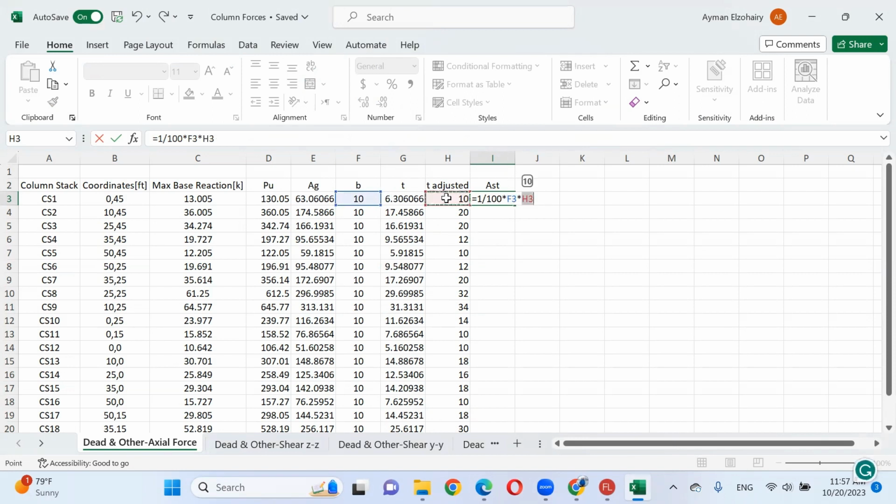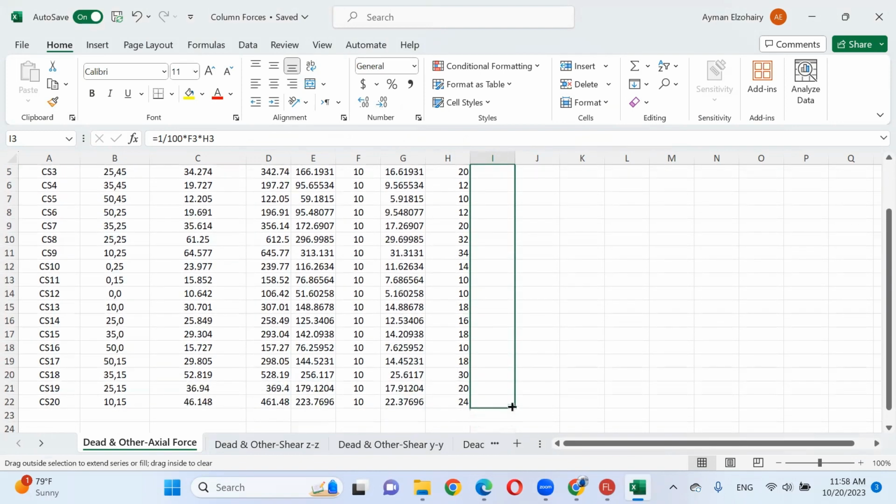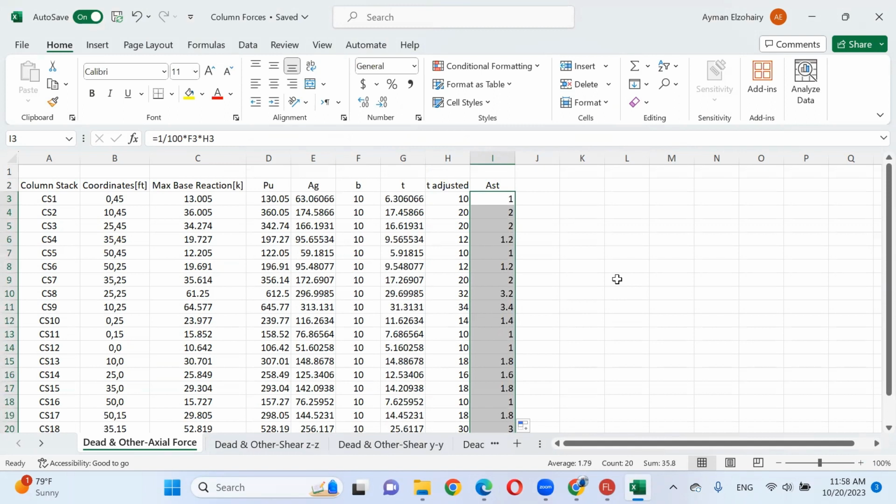If you multiply B times T adjusted, you got the area gross adjusted. Enter, and I can grab this cell to the whole column. So I found the required area steel for the whole columns.